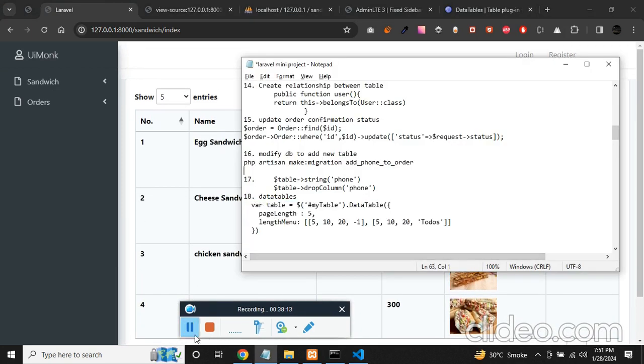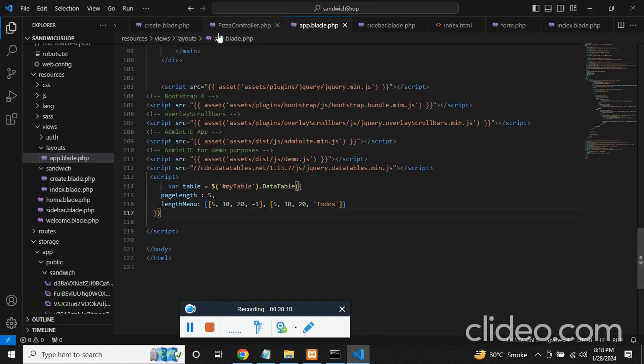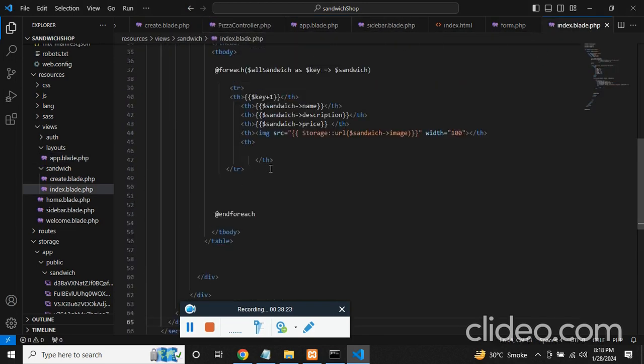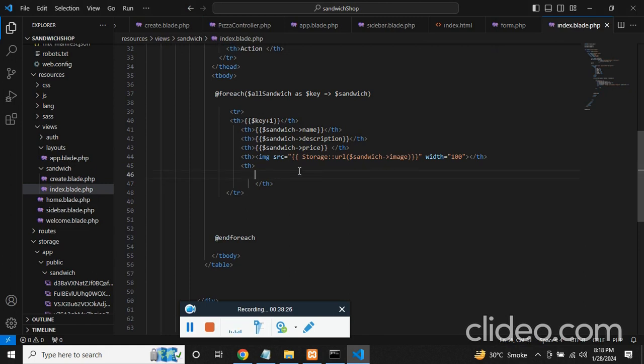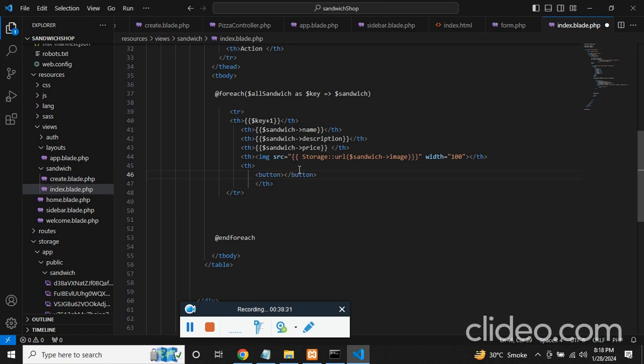And now it's time to make the edit and delete. Now let's work on edit and delete. Now in the index.blade.php we have a third button. Here we'll have button and it's going to be edit. So instead of button, let's just make a href, and the class btn primary,